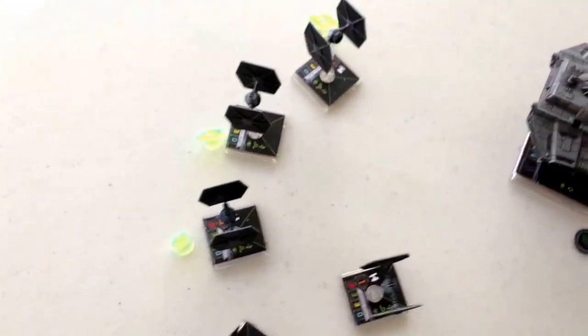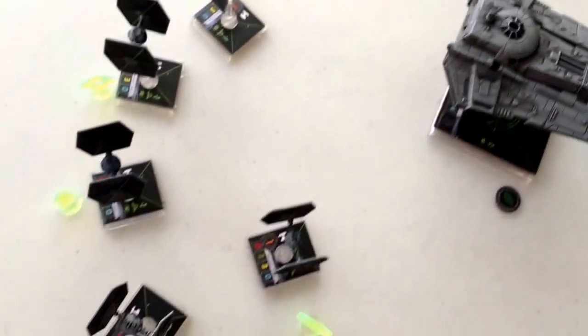Roll for my Y-wings here. He's got 2, and he has a stealth device, so he has 4 agility. So let's begin. Starting with Youngster, since these guys all have pilot skill 6,